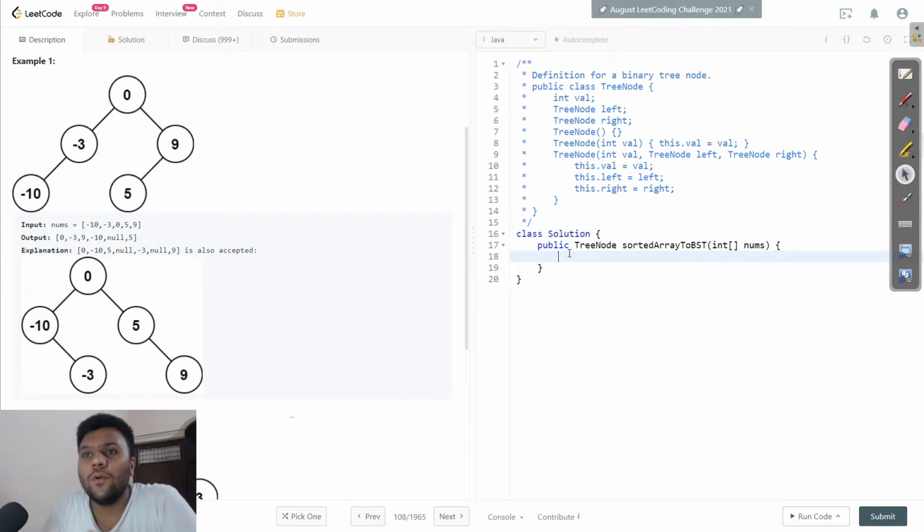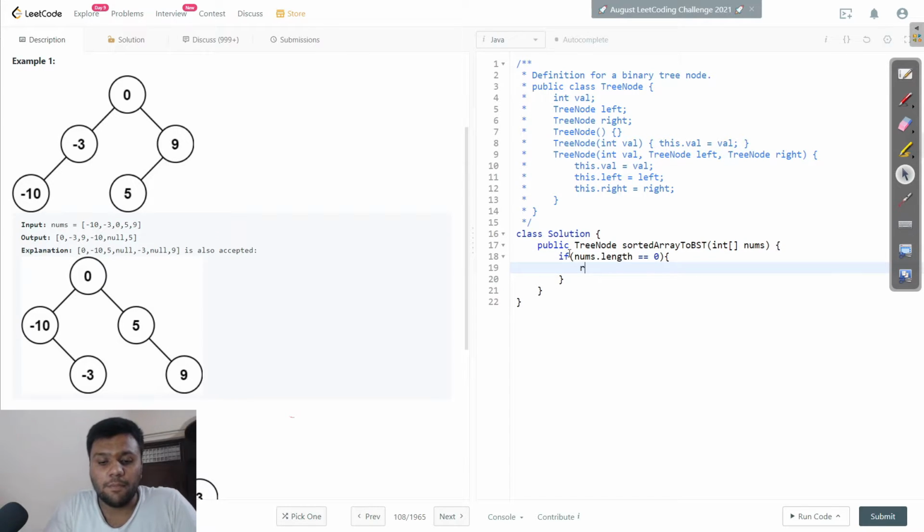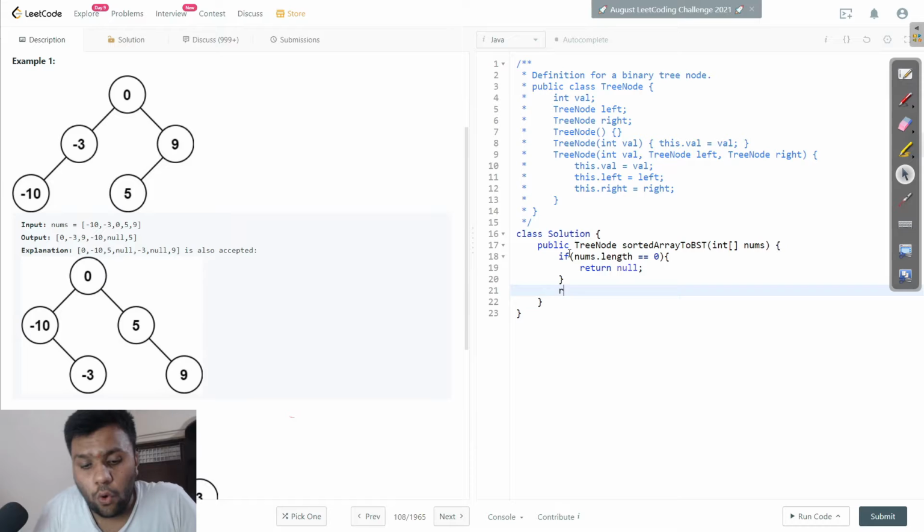All right guys, so now what we're gonna do is, first of all, create a base condition as per always, because it will help to save us from stack overflow. So if nums dot length is 0, then we will simply return null. You getting my point? Now I will call one function which will help to construct our tree.